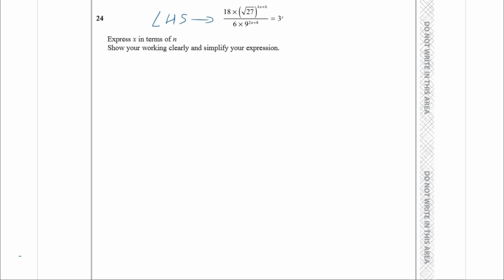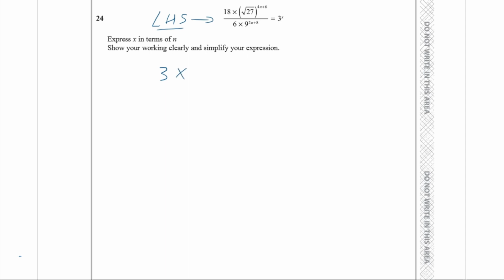Since the right-hand side is a power of 3 already, solve the left-hand side for n, and you should be able to get there. Now, something that's very obvious is that there's a lot of 3's in there, but 18 contains a 2 and 6 contains a 2. And if you were just to do 18 divided by 6 to start the question, that would really simplify your work. So instead of 18 over 6, we could say 3 times